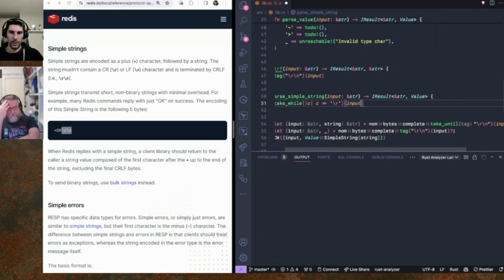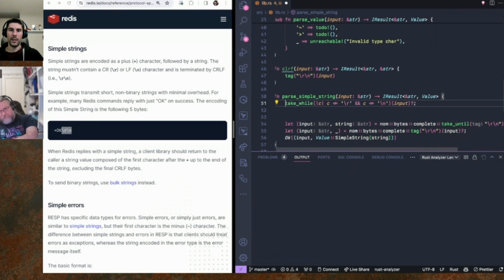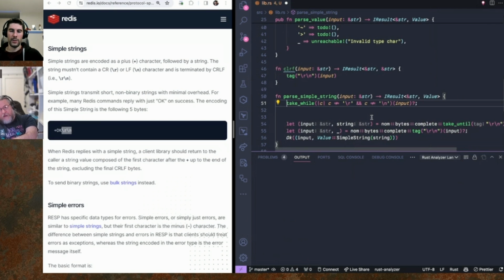Copilot, almost good, but not too good. We can do this, and also check that it's different from \n as well. Okay, so this is going to give us the string and the leftover. So we should let the leftover be